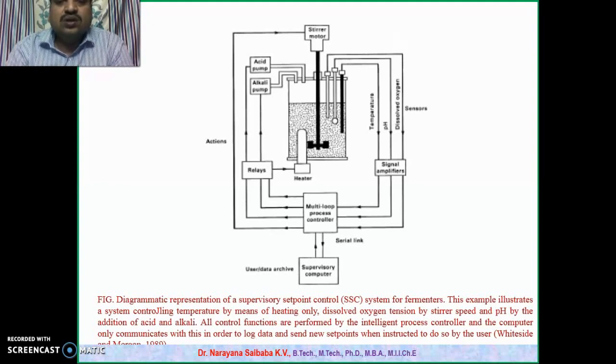Okay. So in computer control we have discussed the applications of computers, the reasons for wide usage of computers. Then we discussed what are the different stages or levels involved in computer control. First level is where all routine operations will be done, whereas in second level, important parameters like temperature, pH will be measured with the help of direct digital controller. Sometimes if you need accuracy, then we have to go for supervisory set point controller,